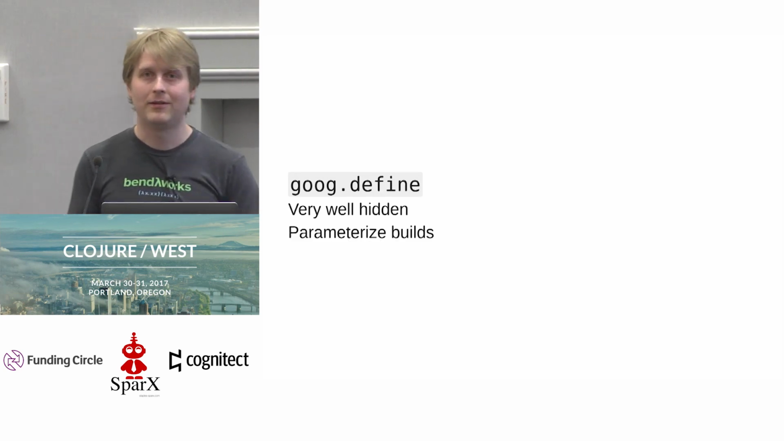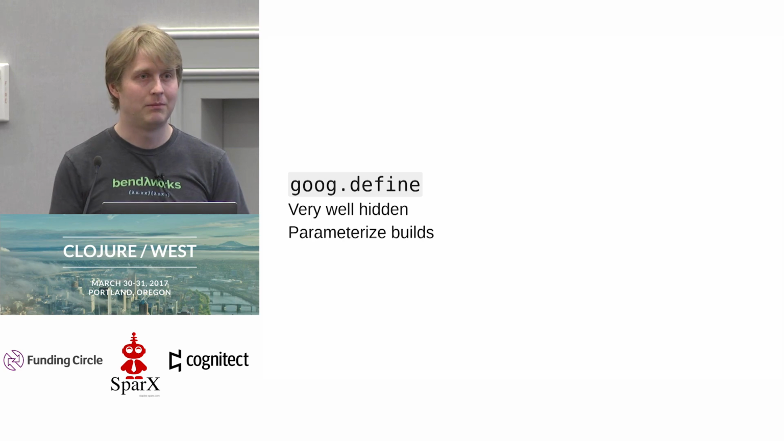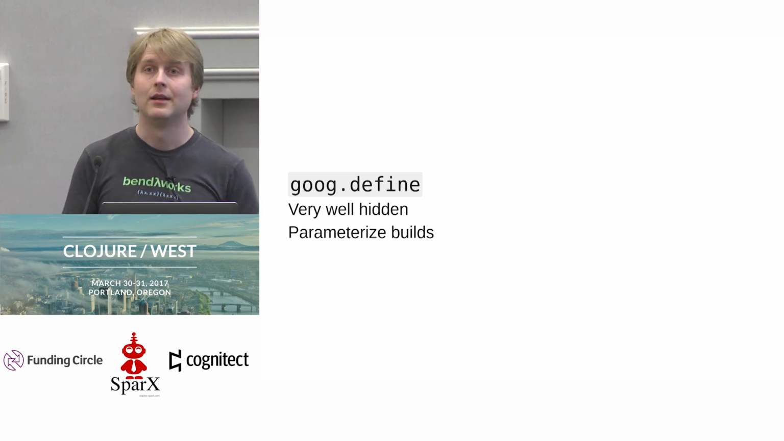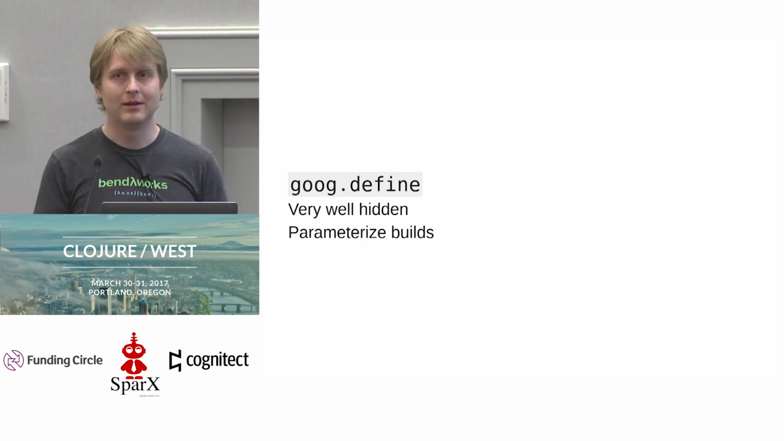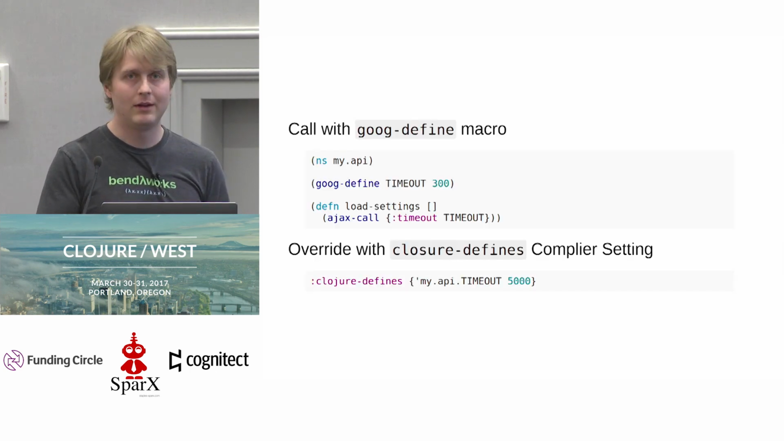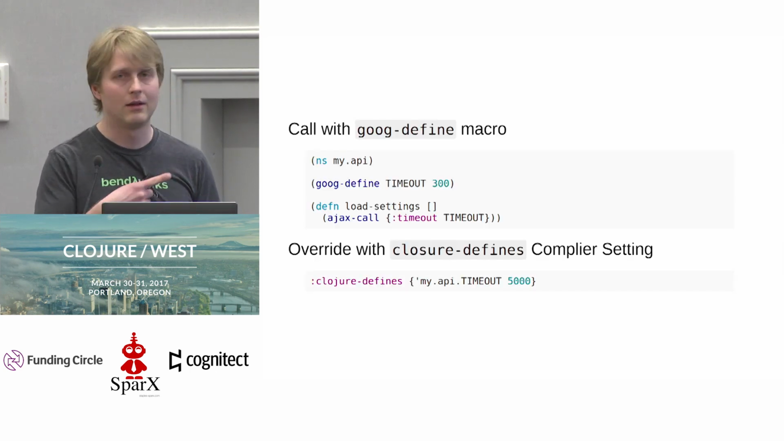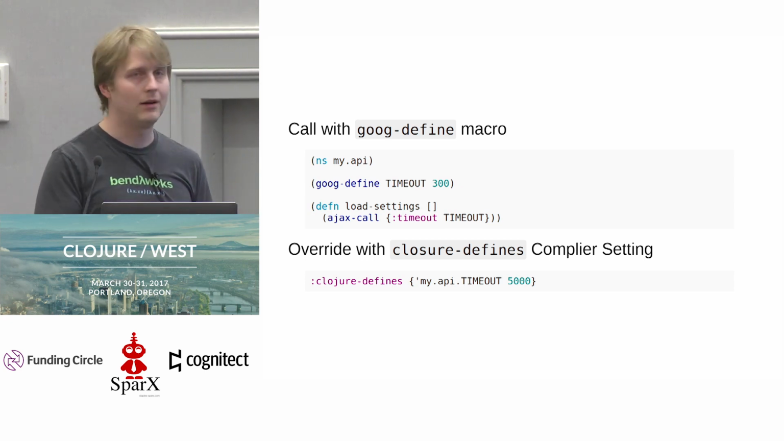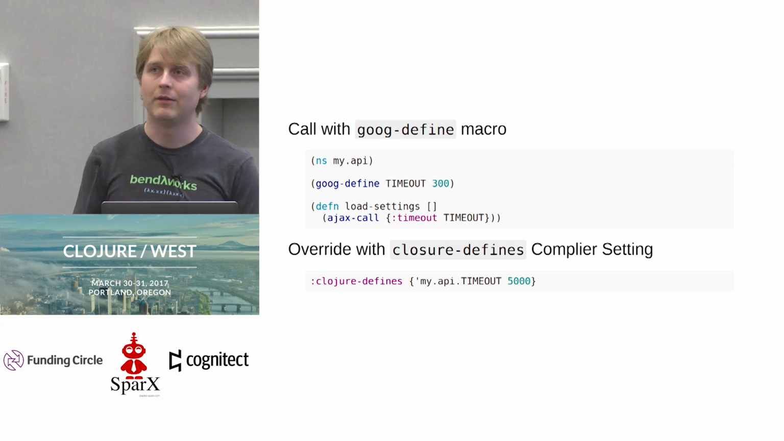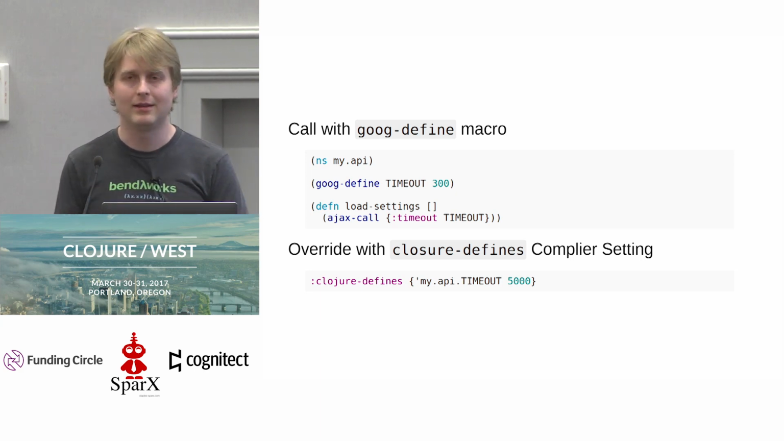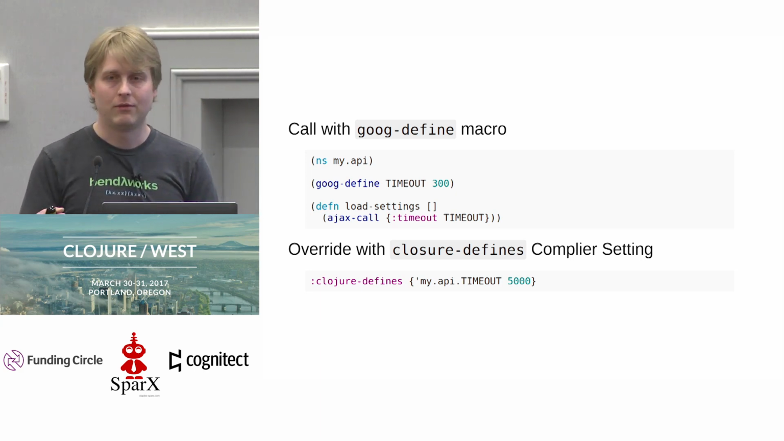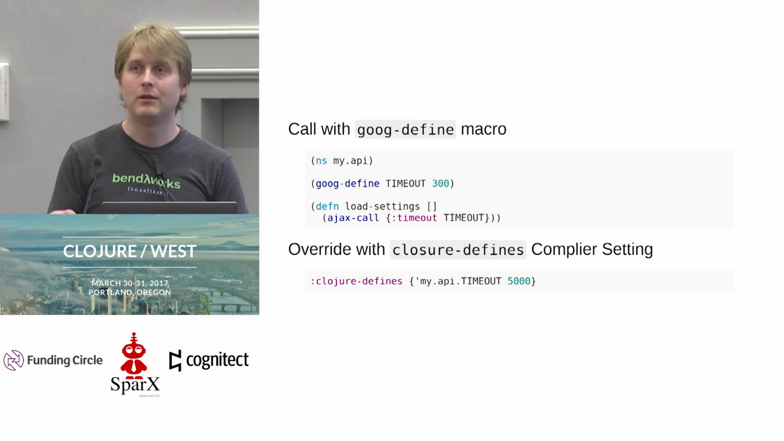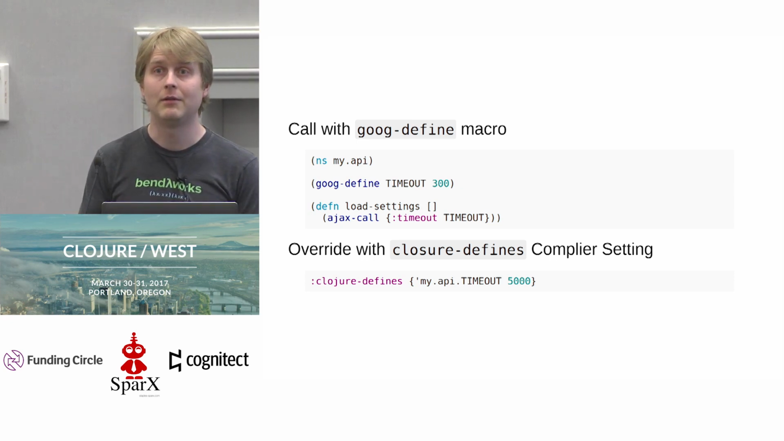And goog-define is one really well-buried gem inside of the Closure library that you can use to parameterize your builds. Inside of here, you can call it with the goog-define macro. And right here, we're setting the timeout in our Ajax call to be 300 milliseconds. That's just for development. And when we need to change it in our builds, then we can